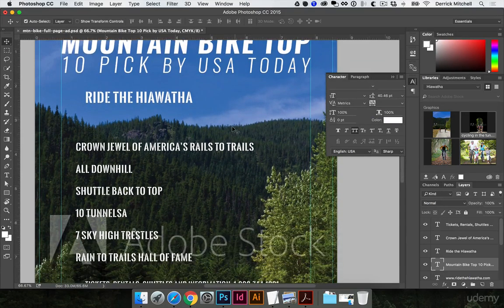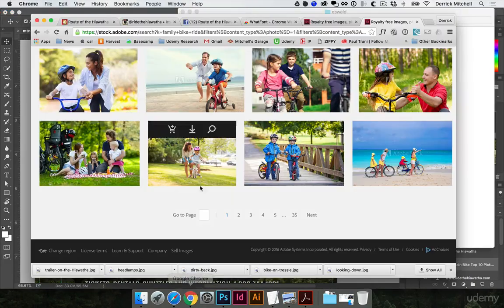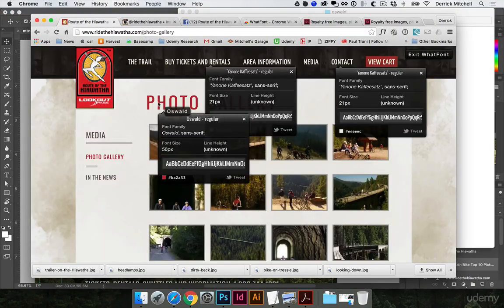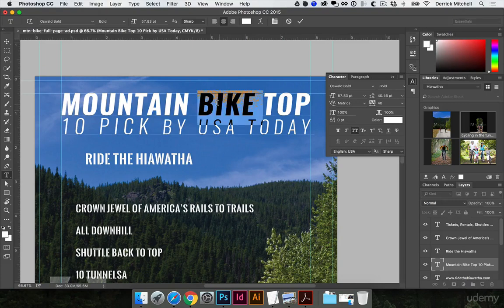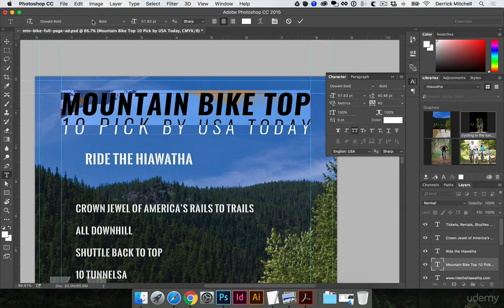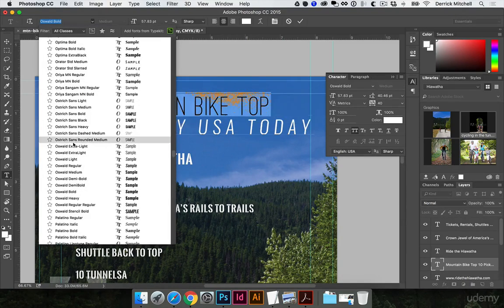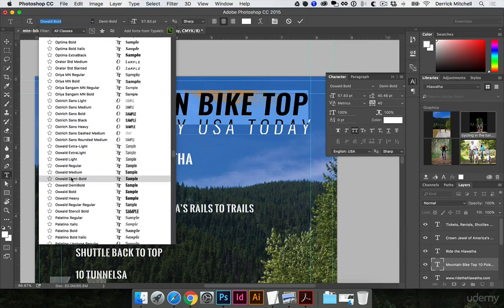You know, the other thing I might change, if I go back to their website here, they're not really using the italic version. They're using the non-italic, the regular version. So I'll jump back over into Photoshop. I'm going to go ahead and triple click this top text, click on my drop down for my font, and I'm just going to hover to kind of see which one I want here